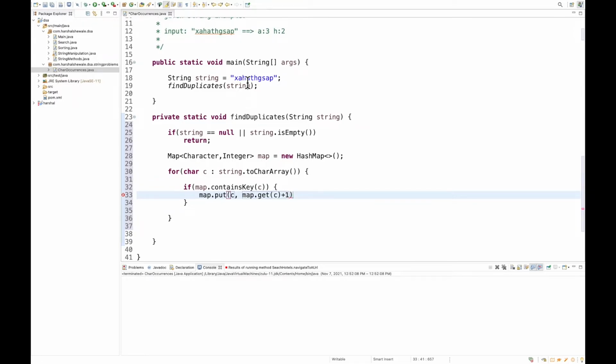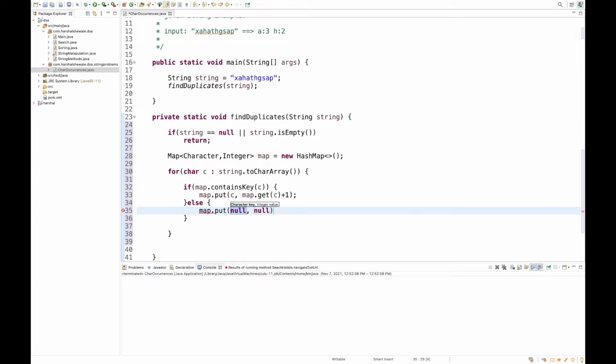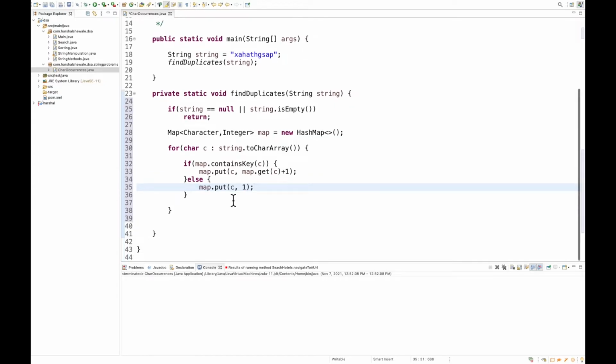So if, let's say, we put the a into the map the first time, then next time when we come to this a, we will get the existing occurrences of a, which is 1, and we add one more, so the occurrence of a will be 2. Else, that means the character is not present in the map, then obviously the occurrence of that character is only 1. That's it. That is very simple.